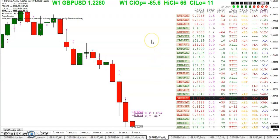So let's take a quick look here at the weekly charts. And we can see we've got a bunch that haven't filled the gap. The pound did fill the gap. It gapped up and it's gone down. In fact, we are 66 pips below the weekly open and 10 off the weekly low. So it looks like the pound's continuing its